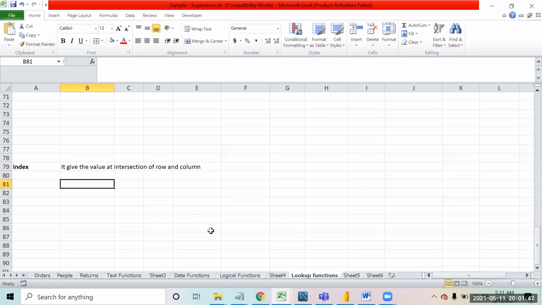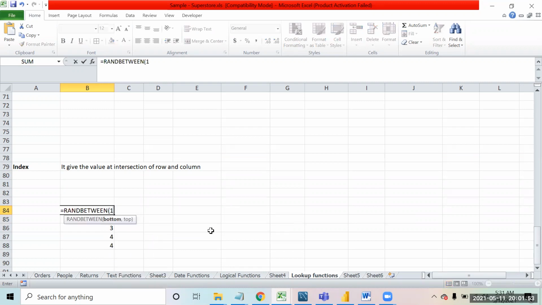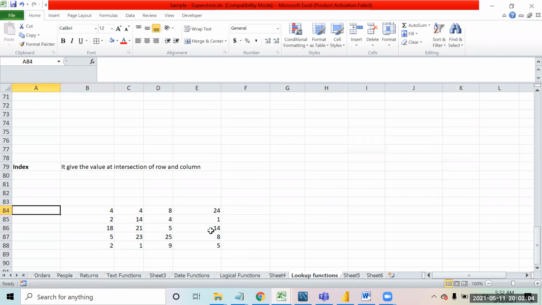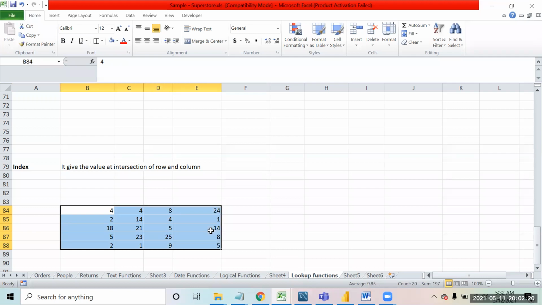You all would remember the matrices that we used to study in mathematics. Suppose I have some numbers over here. Okay, now this is a matrix that I have. So how many rows and columns do I have? I have 5 rows, 1, 2, 3, 4, 5, and 4 columns, 1, 2, 3, 4, correct? This is what I have right now with me.